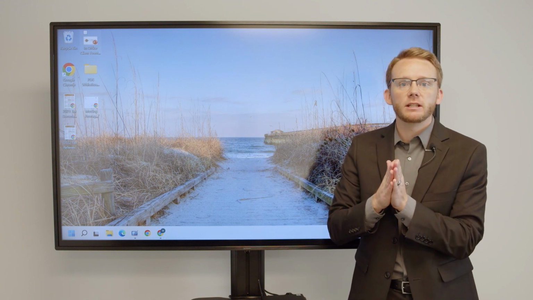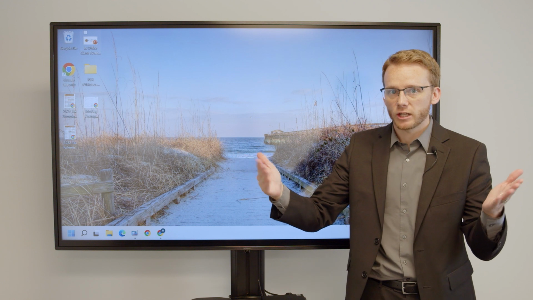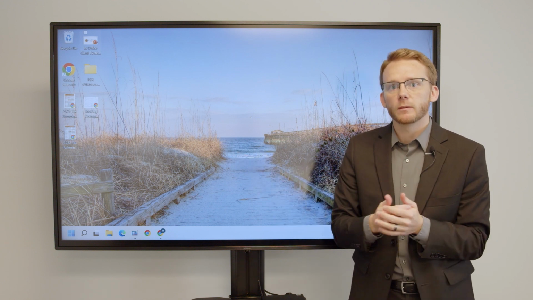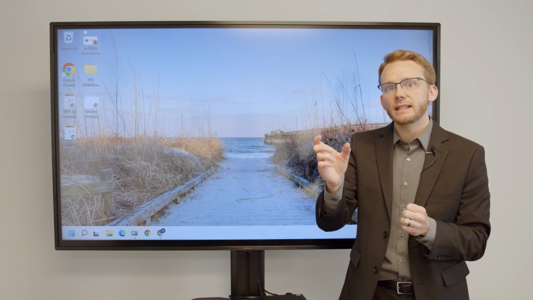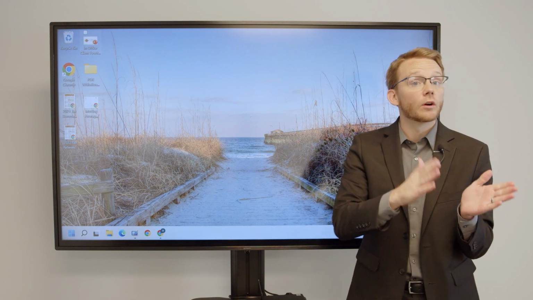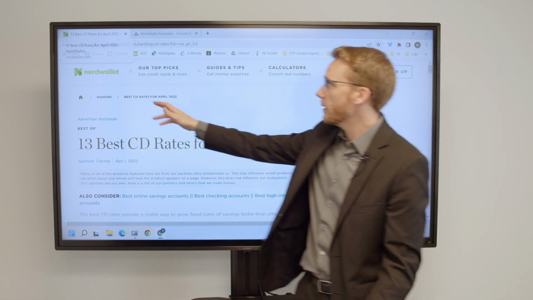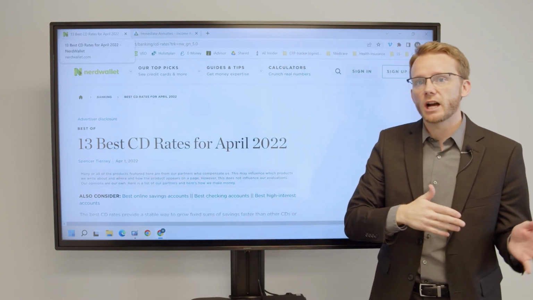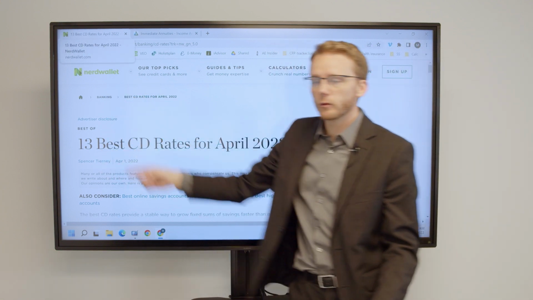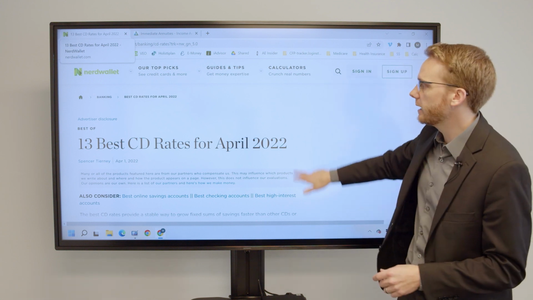multi-year guaranteed annuities. Typically our knee-jerk reaction is to stay away from annuities, but we want to be clear, if we look at them as a CD alternative, we want to go through what are the differences that you might see. Of late, if you go out and do any sort of CD shopping, we'll use tools like nerdwallet.com, bankrate.com,